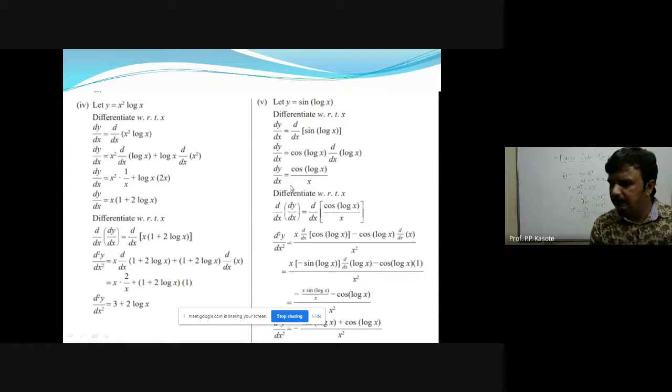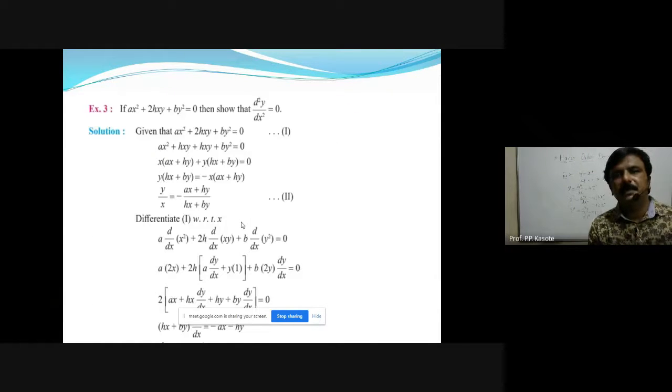Okay, now I'll suggest you see this example. This one is also very simple, the fifth example. Okay, it is like the previous four examples only. Now we will see one more example, some interesting example of this topic.